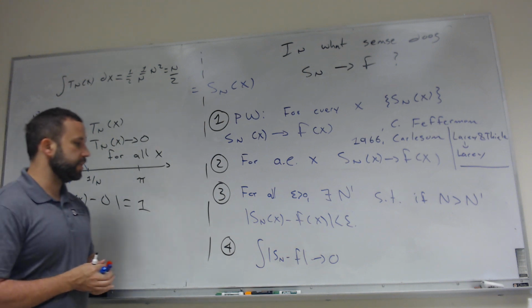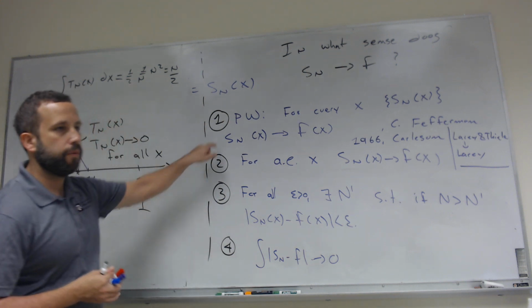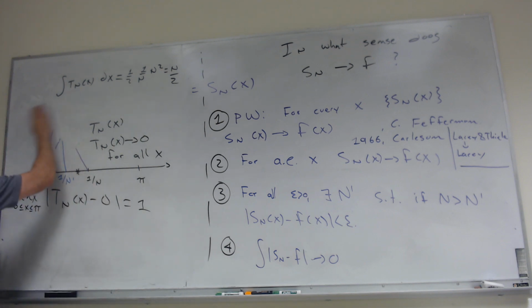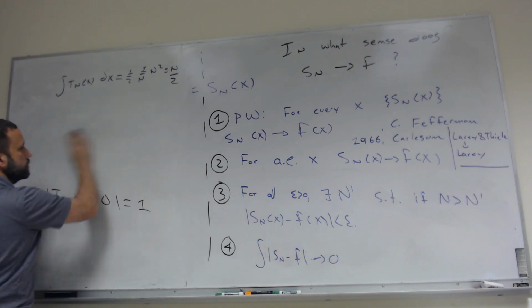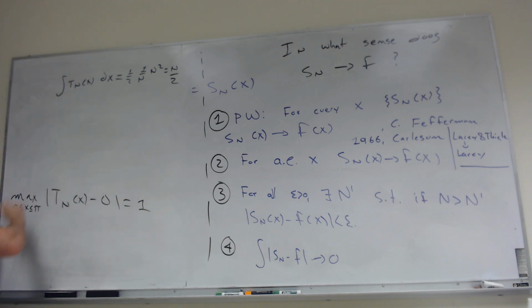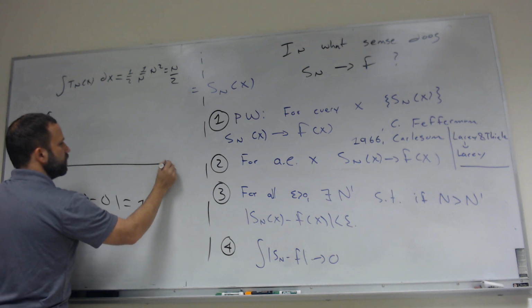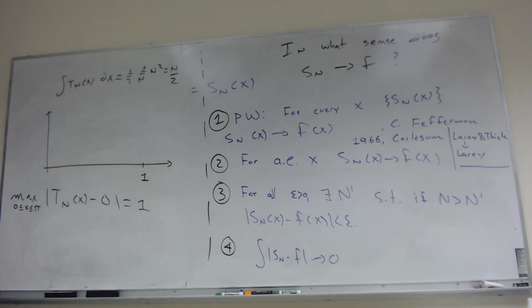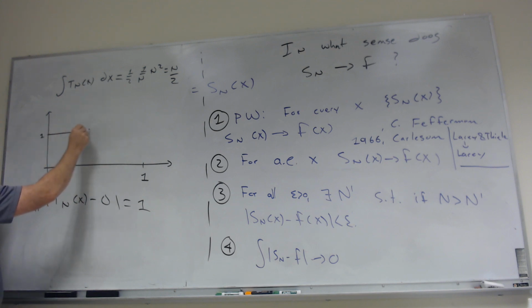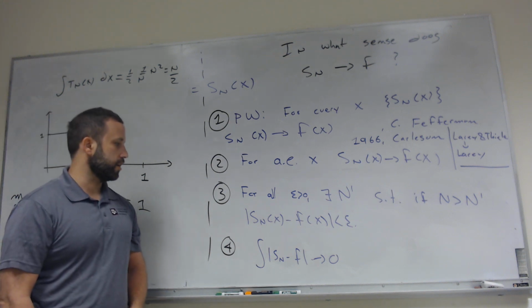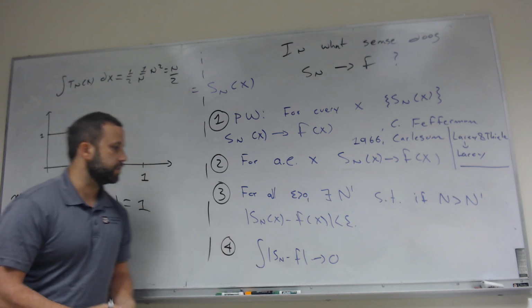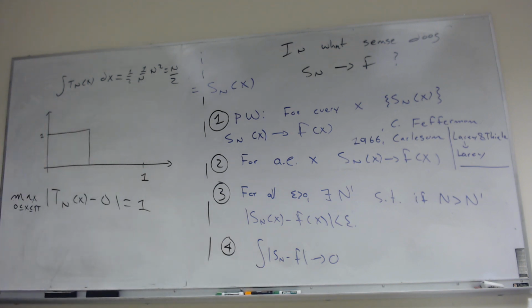What about the other way? Can we find a sequence of functions that converges in this way, but not pointwise? Okay, so let's look at the sequence of functions that might converge in that way, but not pointwise. Again, for these examples of functions, I'm just going to make that 1 instead of pi. For the examples of functions, it's really better to draw the graph. So the first function is just going to be equal to 1. Remember, what I'm trying to do is construct a sequence of functions such that the integral goes to 0, but it does not converge pointwise.